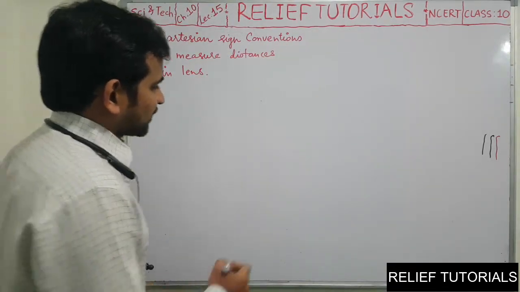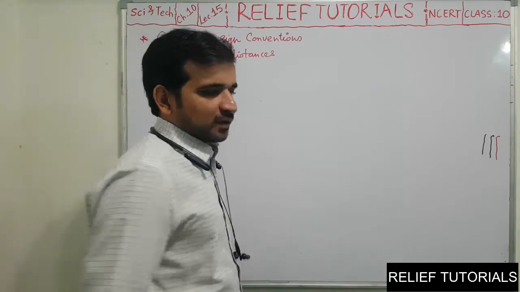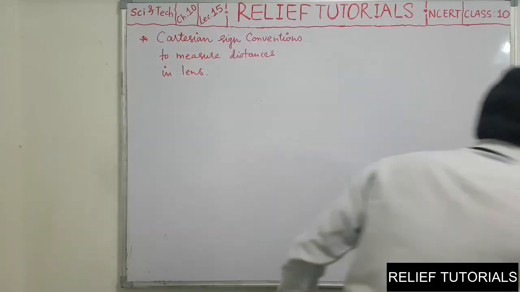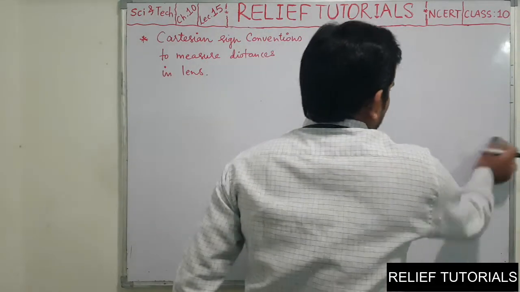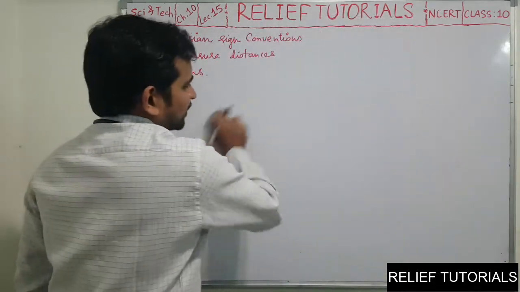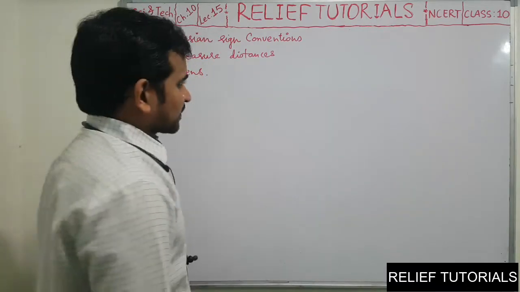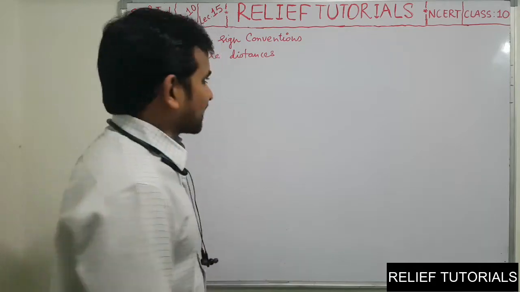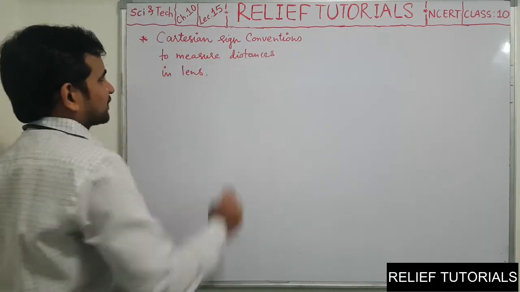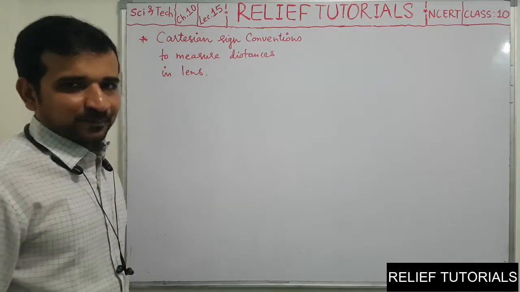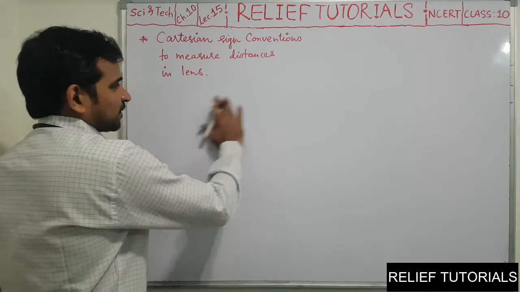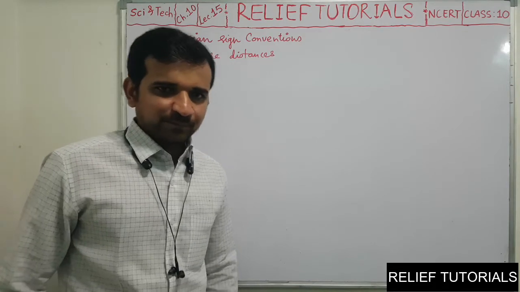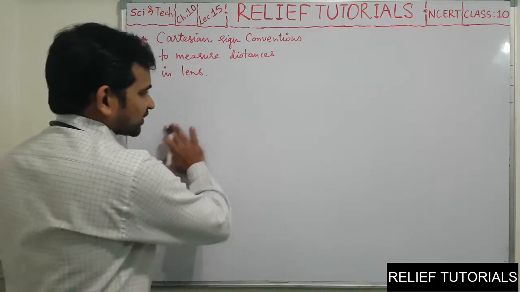In the last lecture we have seen about image formation by convex lens and concave lens: 6 cases in the case of convex lens and 2 in the case of concave lens. Now we are going towards the lens formula topic, but again before that let us see the Cartesian sign conventions to measure the distances in the case of lens. Already we have seen some Cartesian sign conventions in the case of mirrors. According to those, let us remind it.